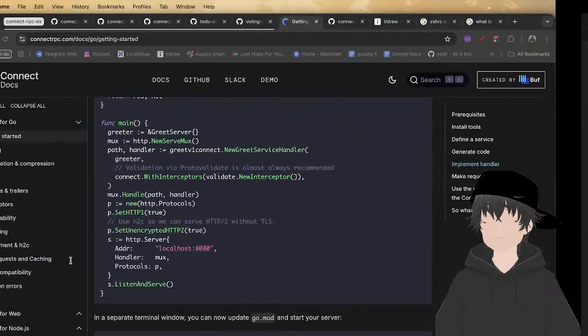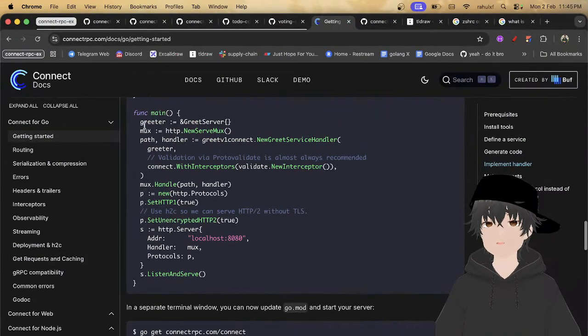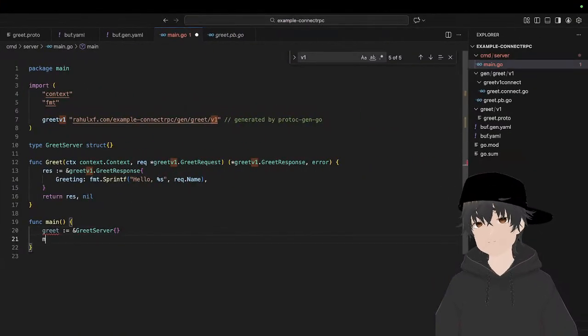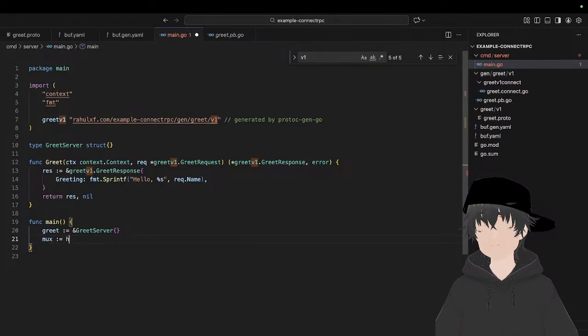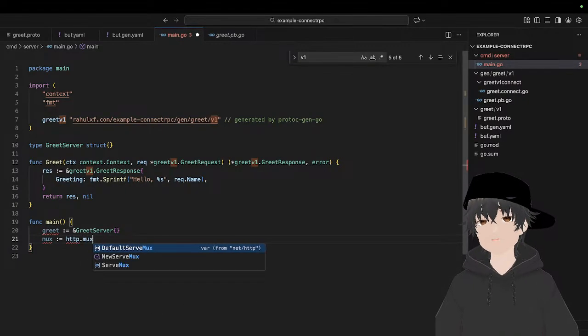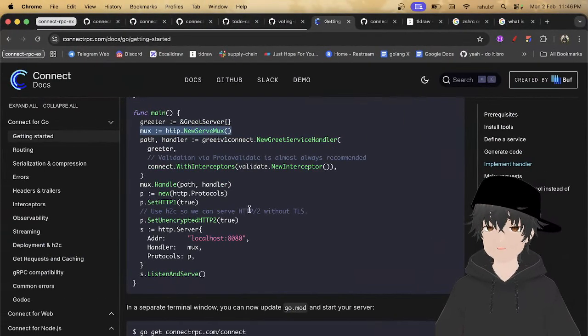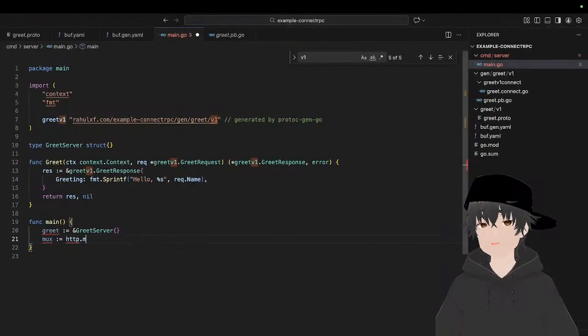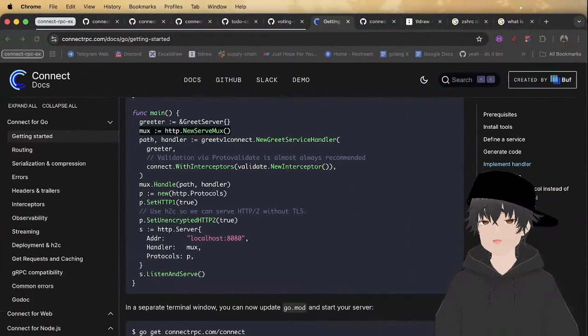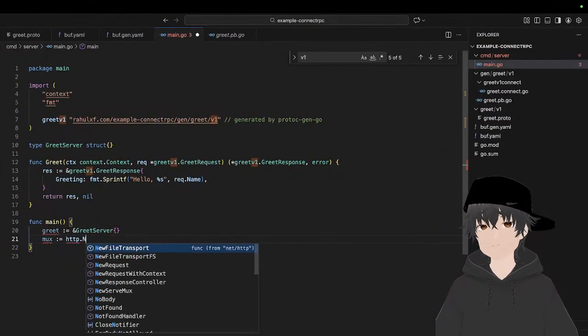Greet service. You can do a greet service, and then you just have to implement mux, which takes http.NewServeMux. It will be on HTTP.